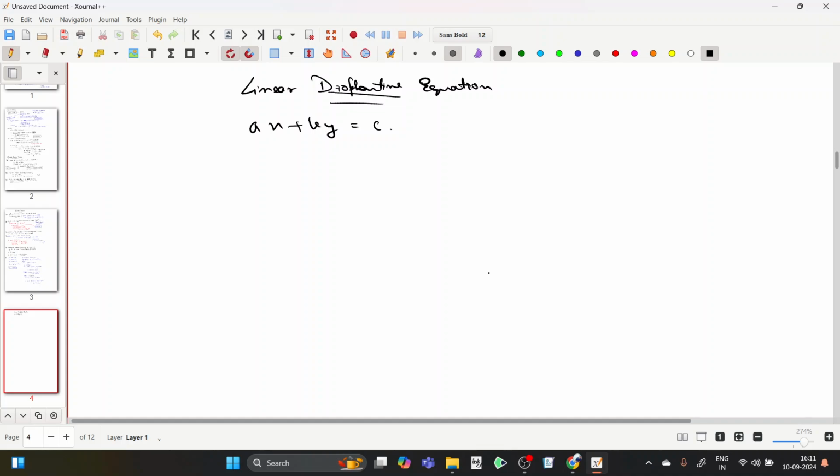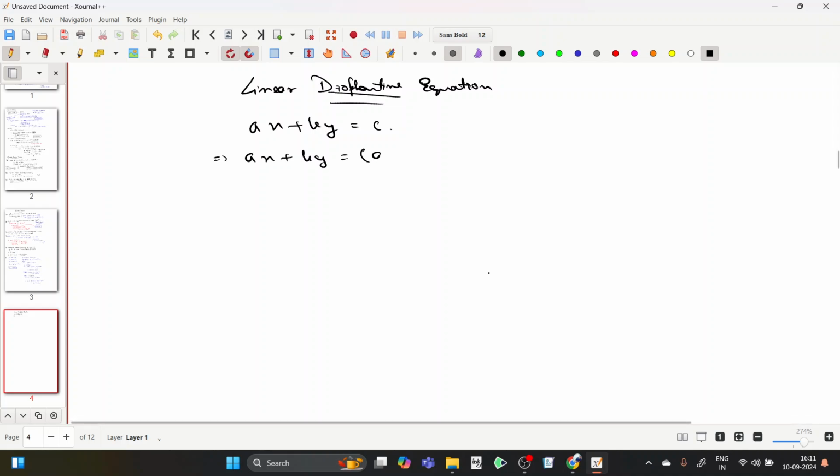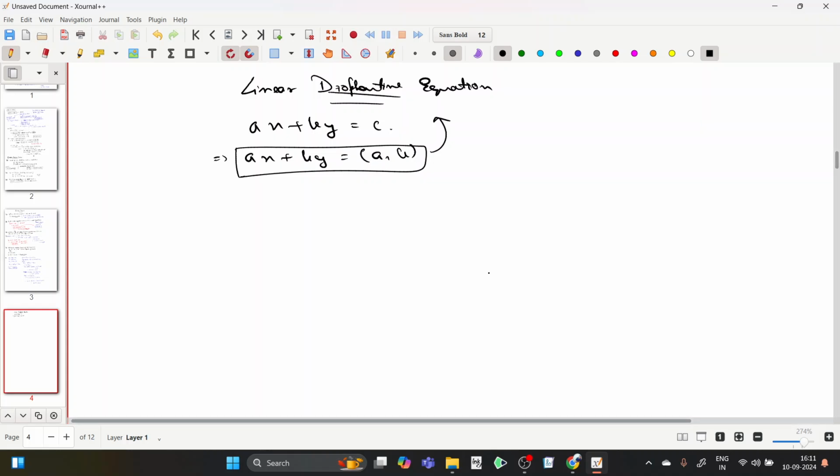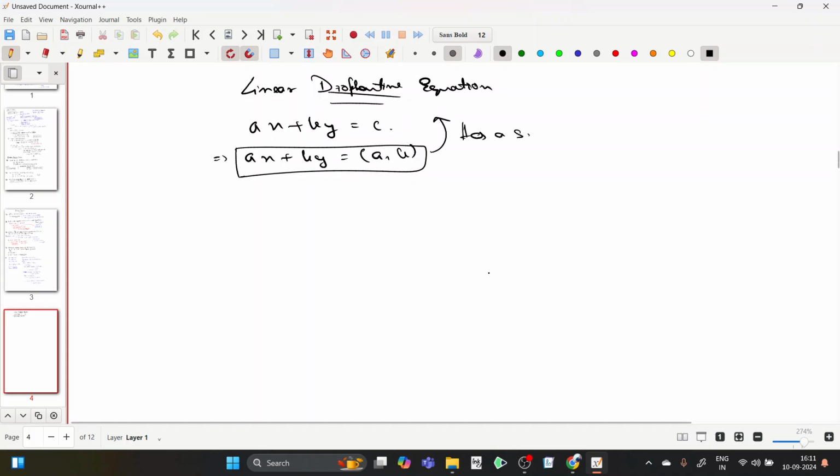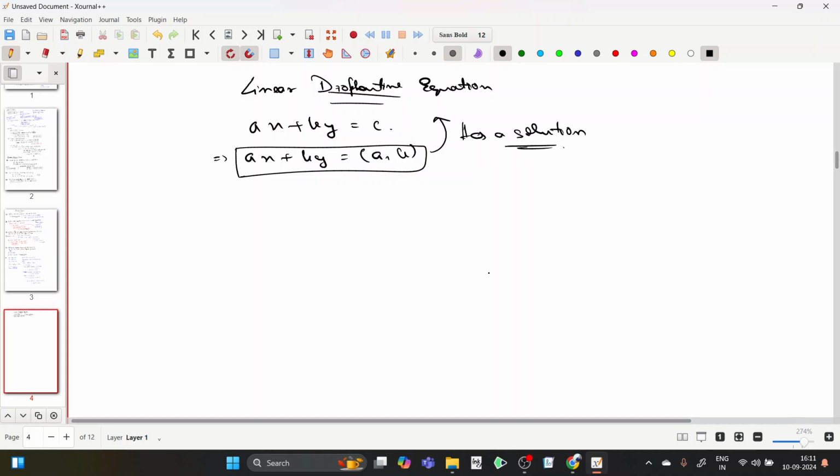Okay. So if I take c to be the GCD of a and b, let's say, so if I can express ax plus by to be the GCD of a and b, this is a linear Diophantine equation, right? And this is the statement which we have proved in the previous theorem. Hence this Diophantine equation typically has a solution. That's what I exactly want to say, right? This has a solution in a Euclidean domain. Moreover,